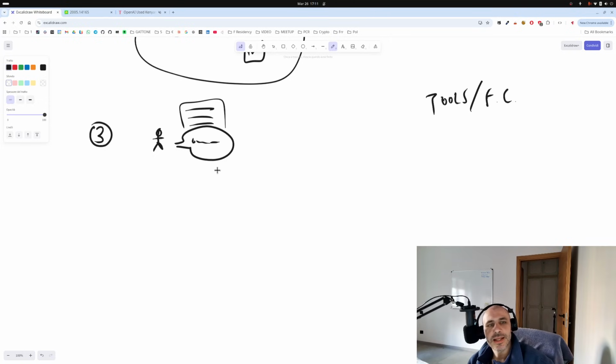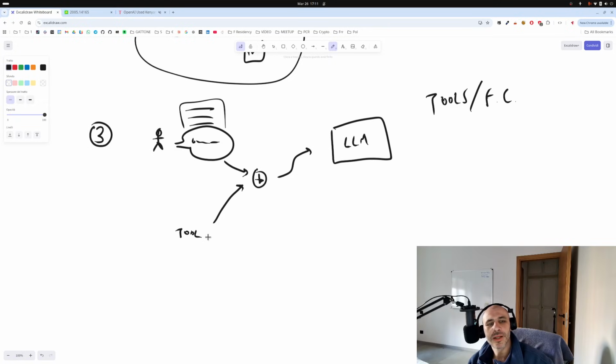In this case, what do we put inside the context, the prompt, before the prompt is fed to the language model? We input in there a list of functions. So we insert into the prompt: here is a list of tools you can use. Get weather.